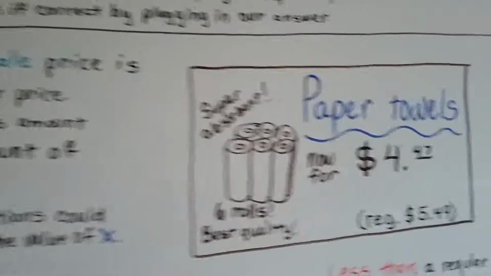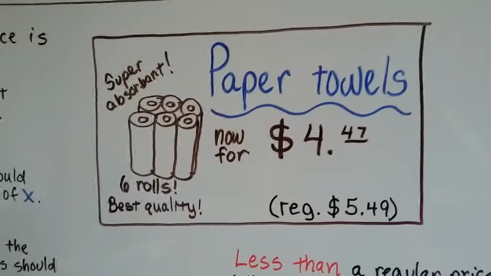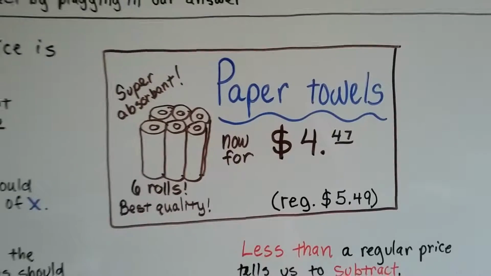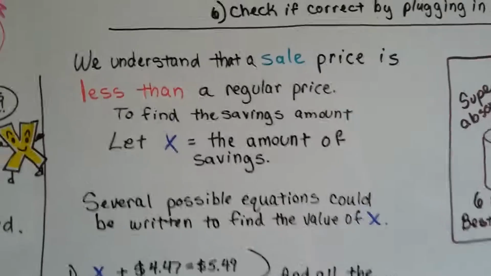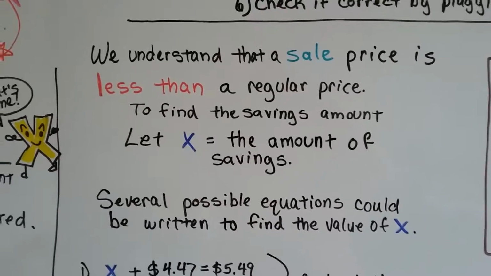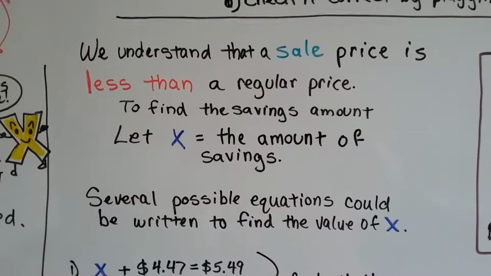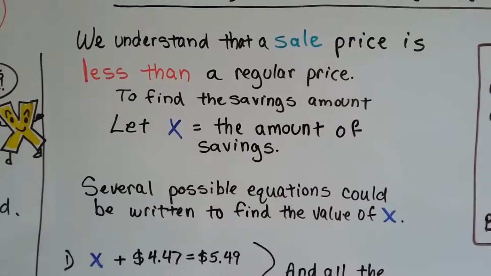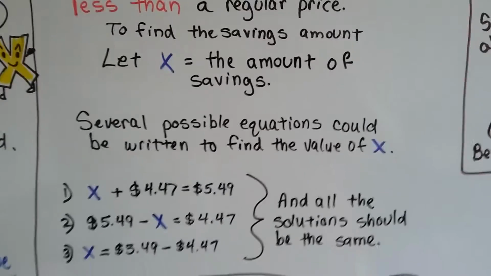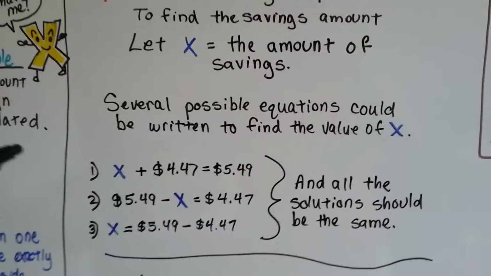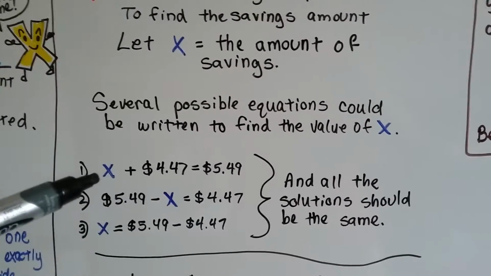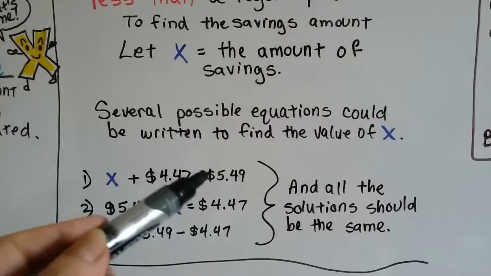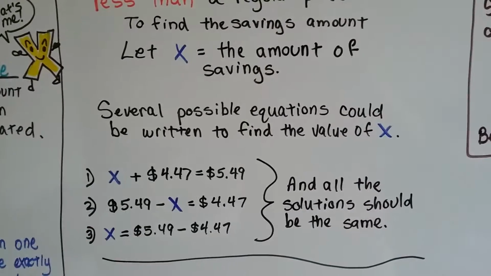Now if you saw this ad, paper towels for $4.47, regularly $5.49, super absorbent, yay, great sale, okay? Well, we understand that a sale price is less than a regular price. And to find the savings amount, we've got to let x equal the amount of the savings. So there's several possible equations that could be written to find the value of x. We can think of x, the amount of the savings, as an addend and add it to the amount of the sale price,